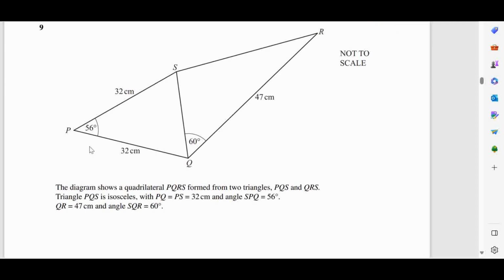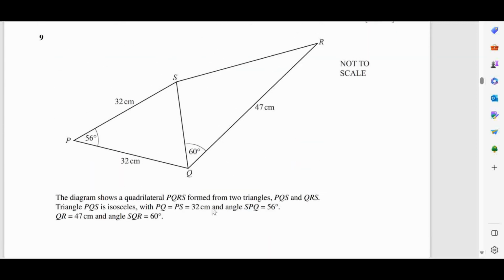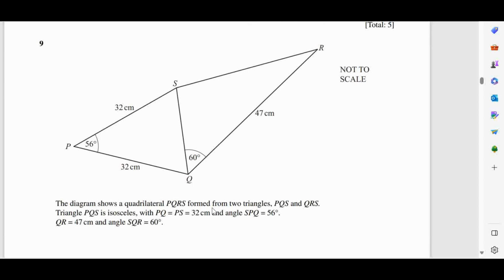Now in this one, the diagram is given to us and in the first part we have to calculate SR. Now how to find SR? For SR, first of all identify that these two are not right angle triangles. For SR, we don't know any of the sides, we just know the angle 60 degrees and 47 centimeter. So first of all, in triangle PSQ,